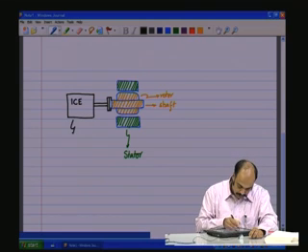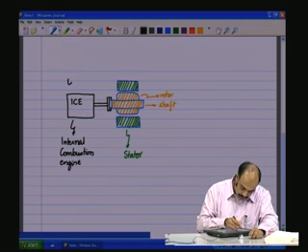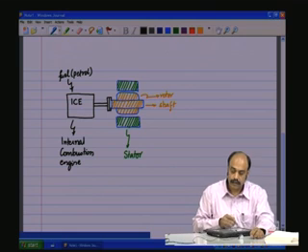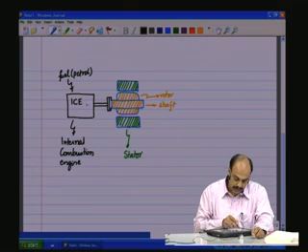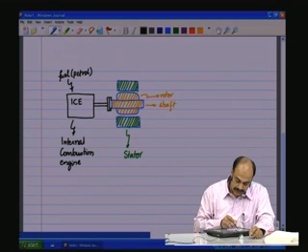ICE engine means internal combustion engine, which of course takes power input from fuel like petrol, let us say. So now this is rotating. The engine is something similar to the ones that are used in automobiles, and this is providing the mechanical input power which rotates the rotor, and